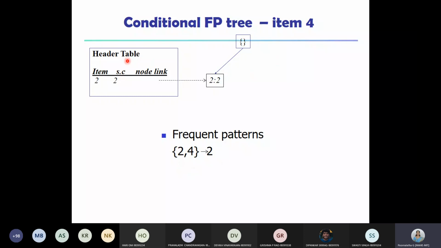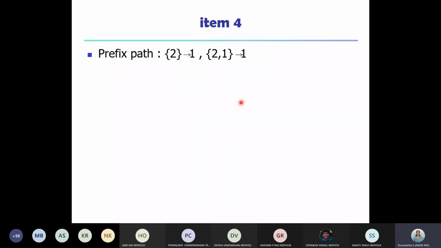And again, if you want to avoid writing it like this, you need to write down the prefix paths of this 4. This is one prefix path. Please observe your FP tree. There are two paths which lead to this item 4, right? 2, 4 with the count of 4 as 1. Then 2, 1, 4 with the count of 4 as 1. Also note that this count we are writing is based on the count of the item which we are considering. Here the item 4 is being considered, and in both the paths the count of 4 is 1. So the same thing we are writing here also.